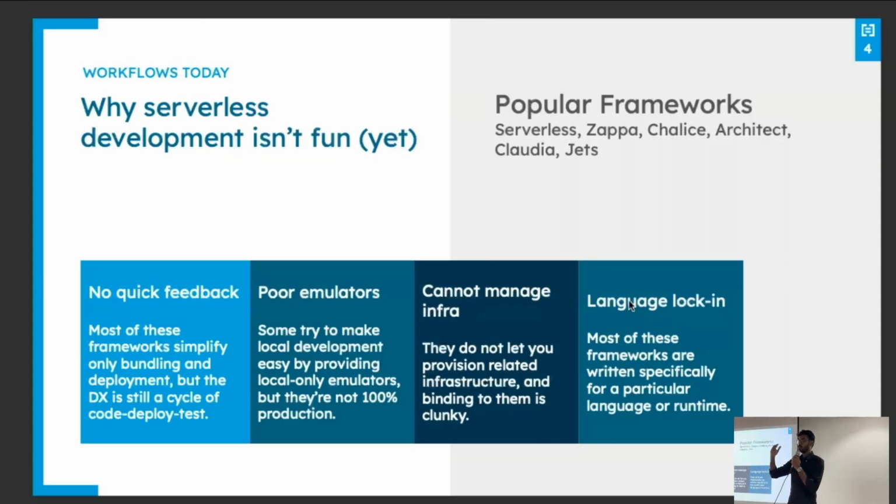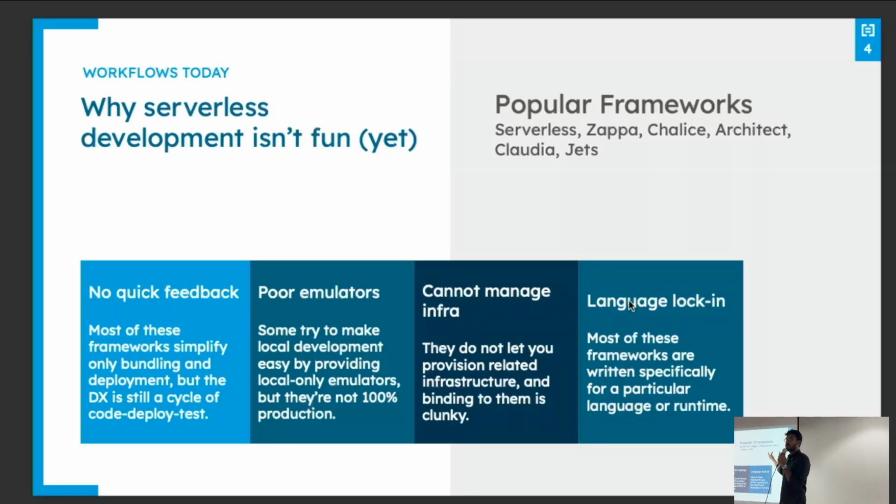Tomorrow you will say, hey, I've written a Lambda function. I tested it on my local database. It works. It goes to production and breaks for some reason. I don't know, it could be because you tested on the wrong version of Postgres, right? Stuff like that happens, right? So this is another problem. Fourth is always language lock-in.